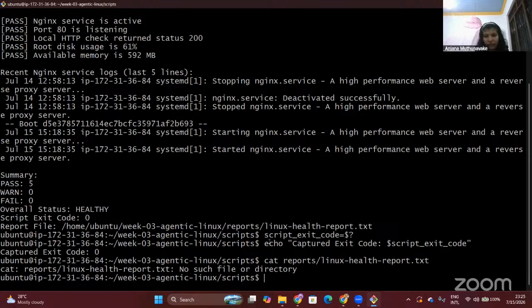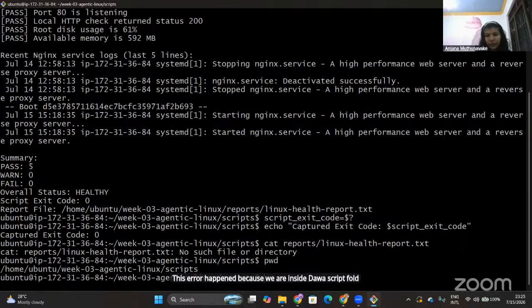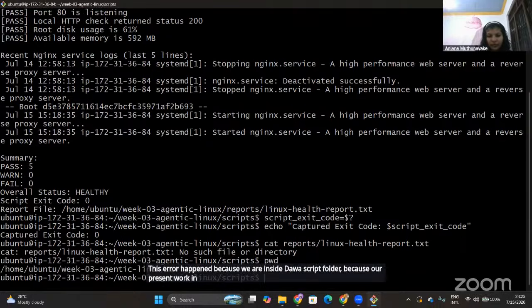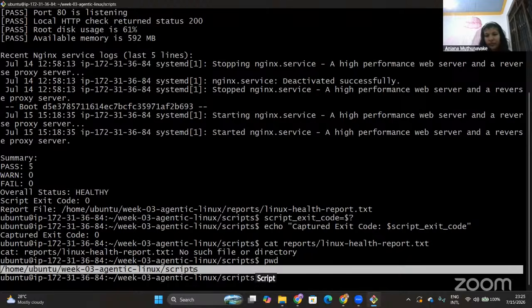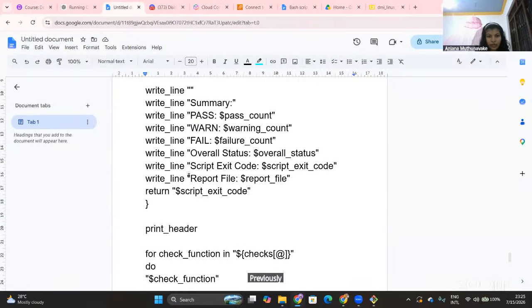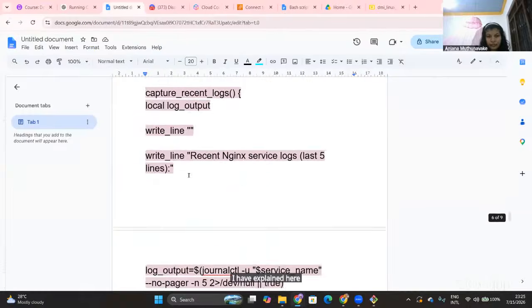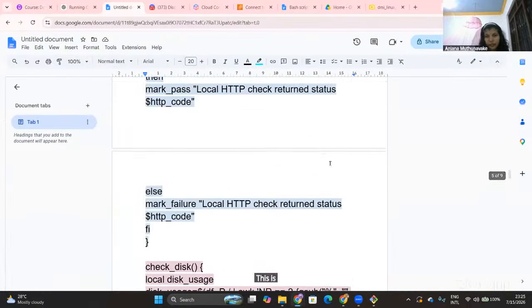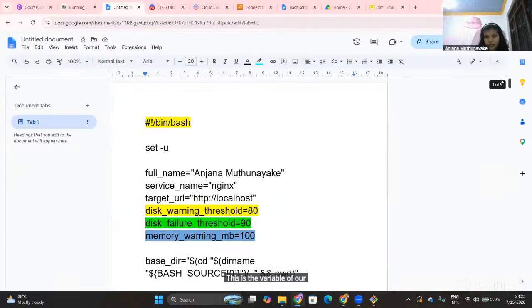Okay, there is an error. This error happened because we are inside our script folder. Because our present working directory, we are inside our script folder. So previously, I have explained here, this is the variable of our